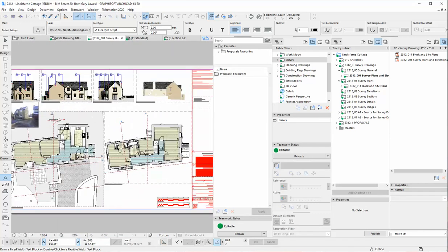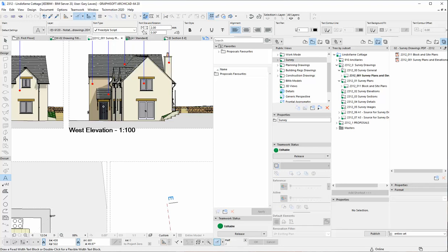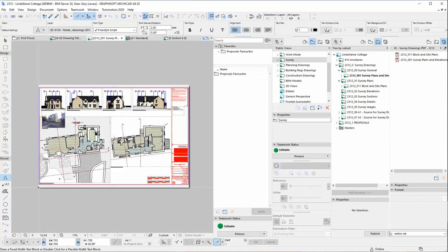One of the reasons for choosing this project is it's a little bit unusual in that it's not rectilinear, which helps to illustrate the benefits of model-based design. If you were going to generate that elevation in a 2D program, there's a lot of work involved in doing that. But again, all we're doing here is we just model the building and our views are created for us. We can choose where we want our elevations, which plane we want our elevations to be parallel to,